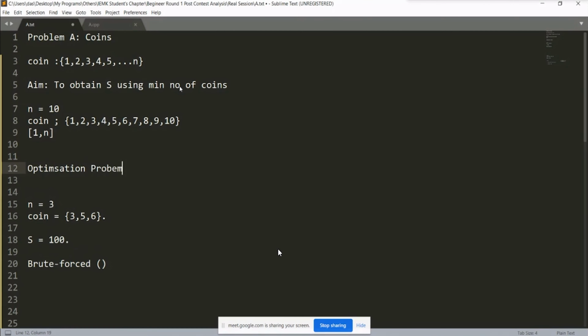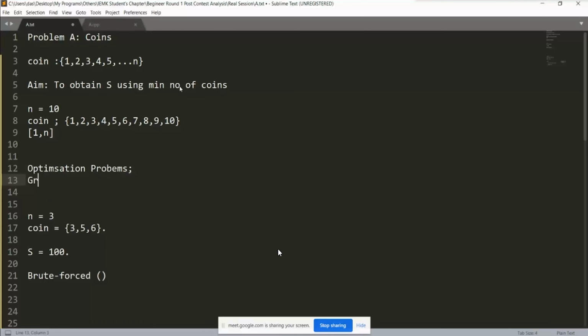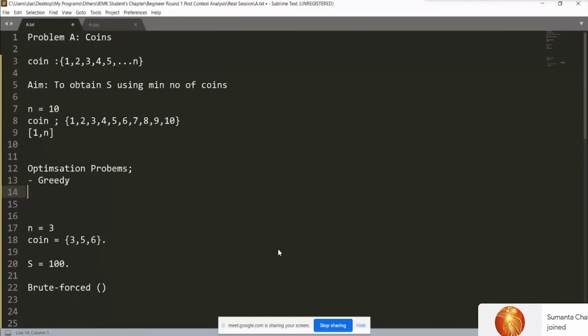Whenever we need to minimize or maximize a quantity, that comes in the class of optimization problems. They can be either solved by greedy, which is like what I did just now, choosing the largest value all the time, or we have to do brute force. And brute force is sometimes DP based, because if we are doing the same calculation again and again, if there is overlapping present, then that might be optimized using DP. You will learn about it.